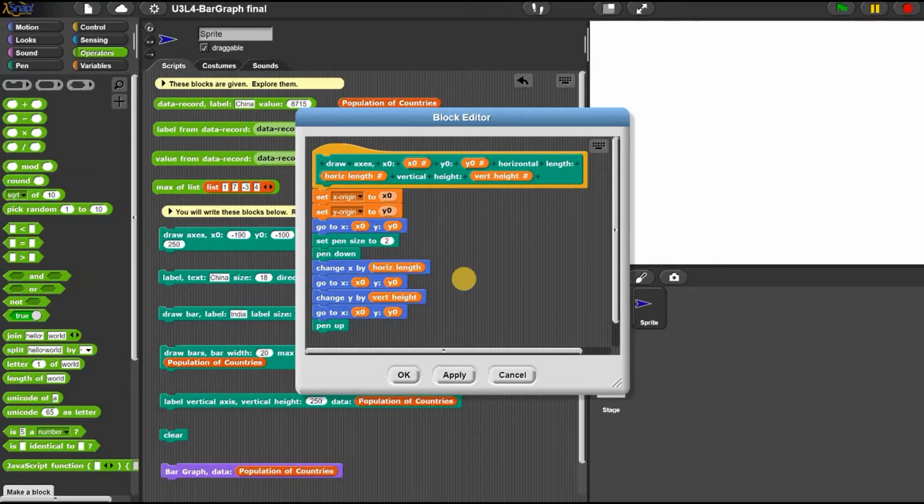The X should be set to X0 and the Y should be set to Y0. So after that, you want to go into the Motions tab and insert a go to X and Y block. For X, you should put in X0, for Y, you should put in Y0, and then you want to go into the Pen tab, set pen size to 2, put pen down,